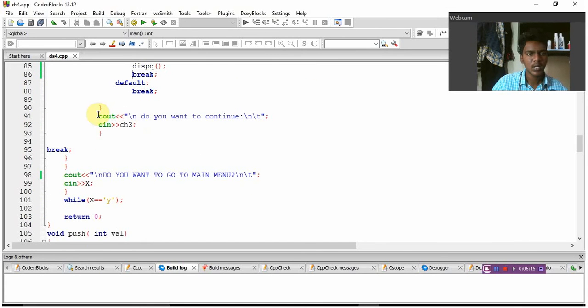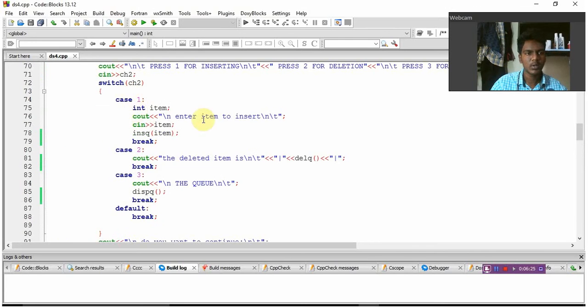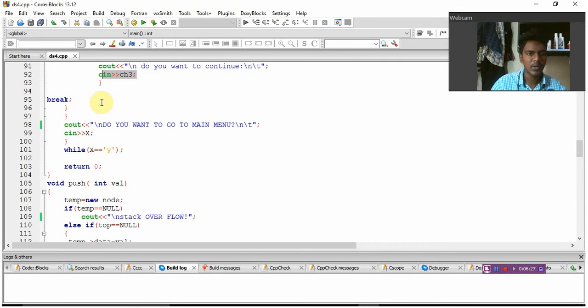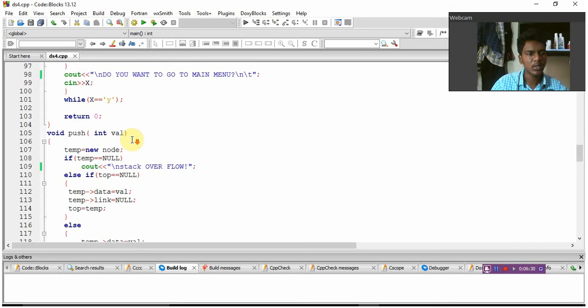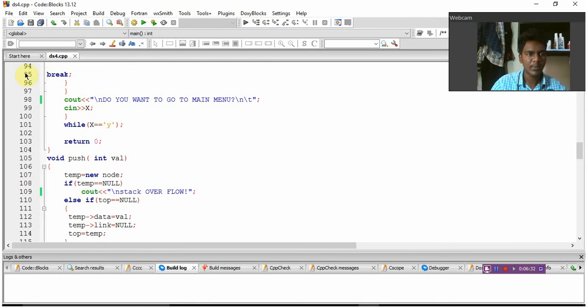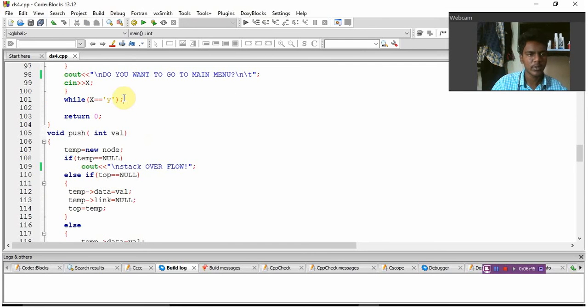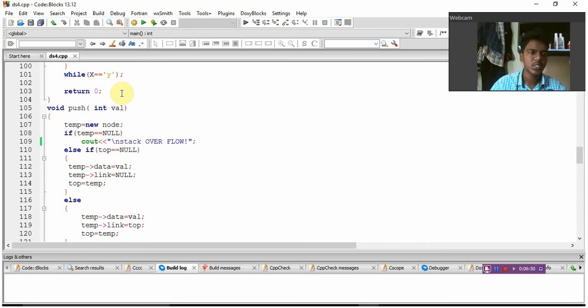And at last, if you want to continue again, then it will ask us for a choice, and if we give that one, it will continue the same thing again. After this, if you want to continue again, we will break this one here, then go to "do you want to continue, go to the main menu." If the choice is the same, it will do the same loop again, the while loop, then return 0 here. Till here the main function is completed, and now we will differentiate each and every function,